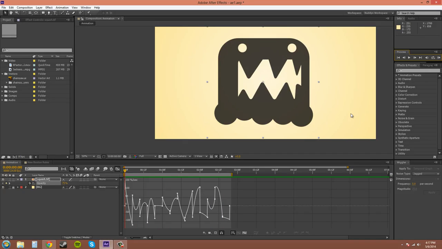Now that's about it for the wiggler. It's a really useful tool, and I use it for things like flickering lights, for if you're gonna take your video footage and turn it into like an earthquake scene, or if something hits something really hard and you need to wiggle it when it hits it so it bounces away or whatever. Those are just a few examples. So just keep in mind the wiggler when you're working on your animation, and it's a good way to just add